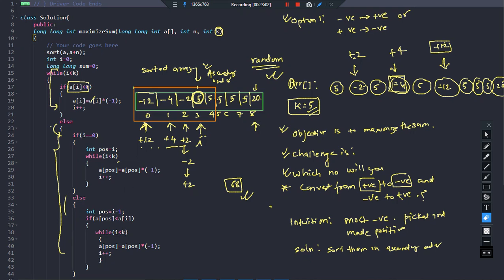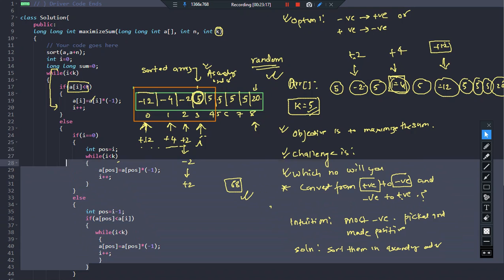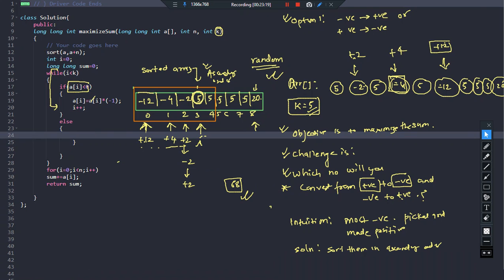Let us suppose I am erasing this thing. I'll write the same code, the same algorithm we have discussed, but there will be just slight changes. I am just going to remove this, suppose. Cool. So we are going to write this else block again in a good way. If we are finding a negative number, we are just going to perform iterations, that is fine, multiplying it by -1, -1, -1 and so on. But if we found a positive number, then just get in and check in the same line if I is not equal to 0.